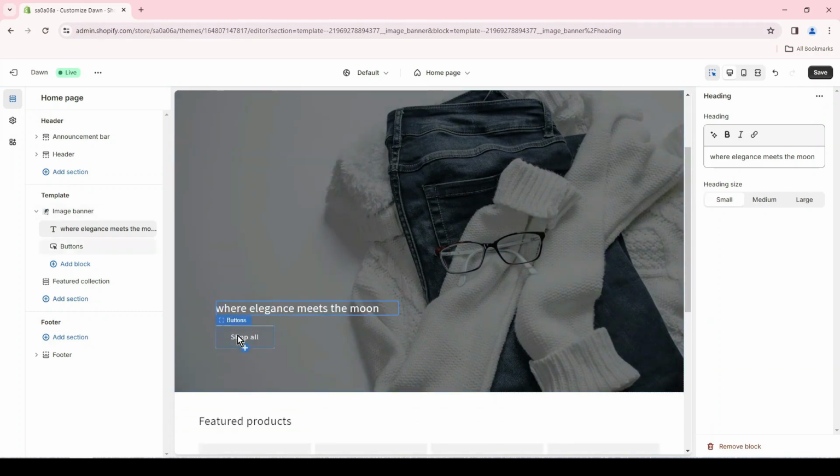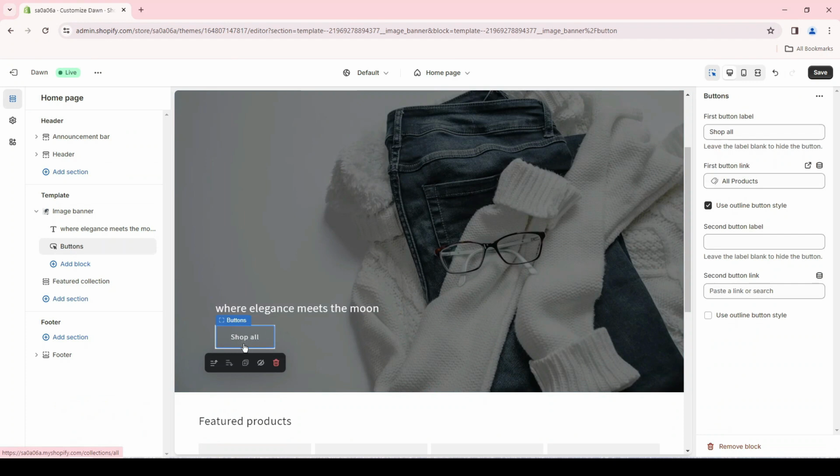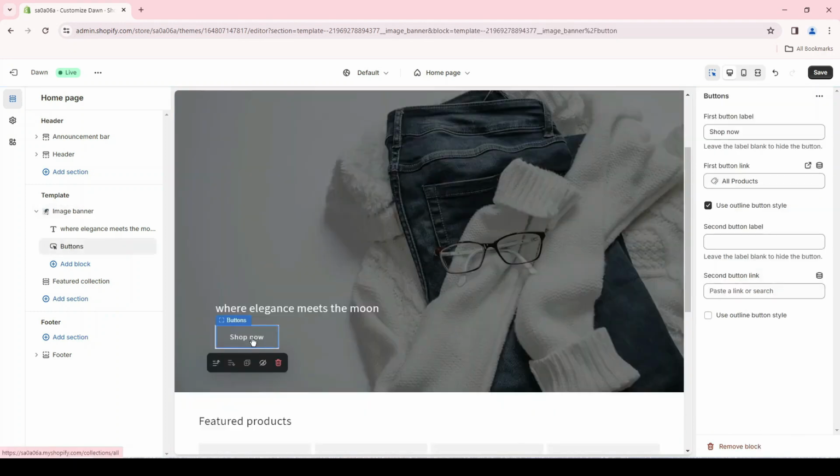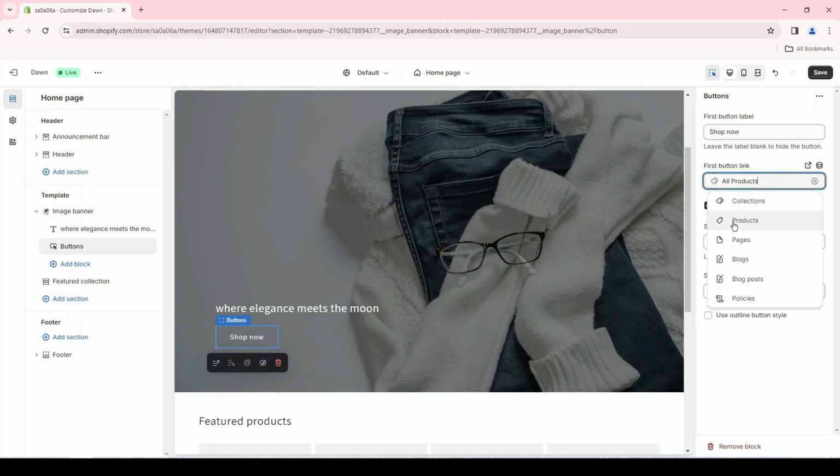Then if I want to change the text on the button, I'll start by clicking on it. It will open here for me where I can change the text of the button now. The button, when clicked, will take people to a specific page. You can choose a specific page from here, whether it's the collections page, and we'll learn how to add it,